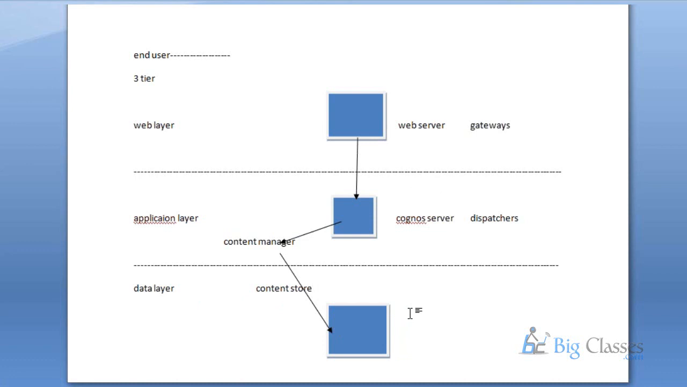Coming to installations, we have two types: a standalone environment and a distributed environment. A standalone environment is used for personal PCs, so all these servers are installed on a single machine. In a distributed environment in organizations, we'll have 3 or 4 web servers, 5 or 6 Cognos servers, and again 3 or 4 content stores, depending on the number of reports and the number of users accessing these